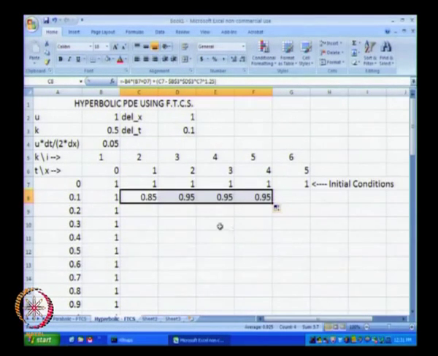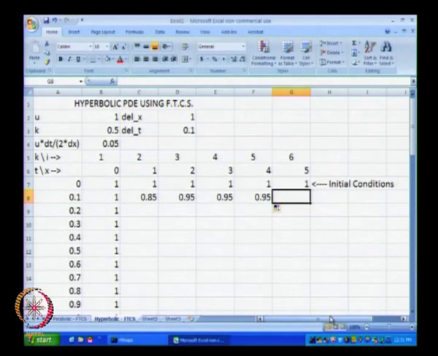And this is what we are going to get up to here, and at this particular condition we will have to really use some kind of a backward difference formula. We cannot really use the central difference formula simply because there is no boundary condition that should be satisfied over there. So, the backward difference formula at this particular location is